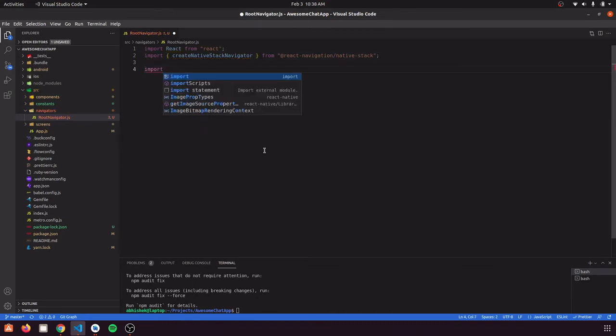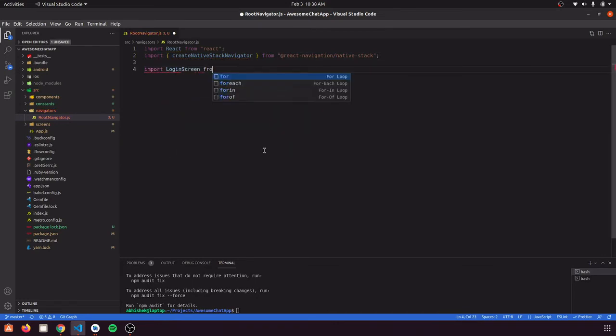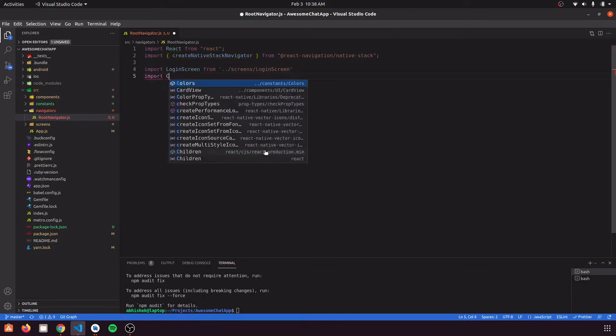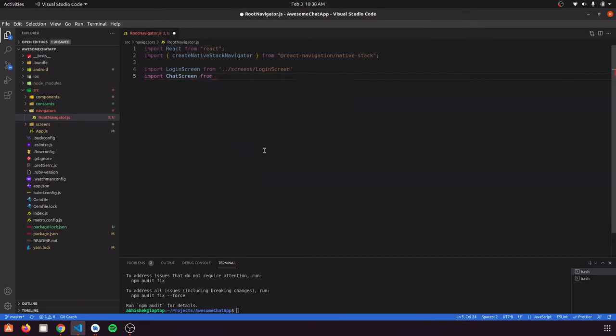The first one is login screen from screen slash login screen, and then we are going to have our chat screen from screen slash chat screen, and then we are going to create a stack using this createNativeStackNavigator.